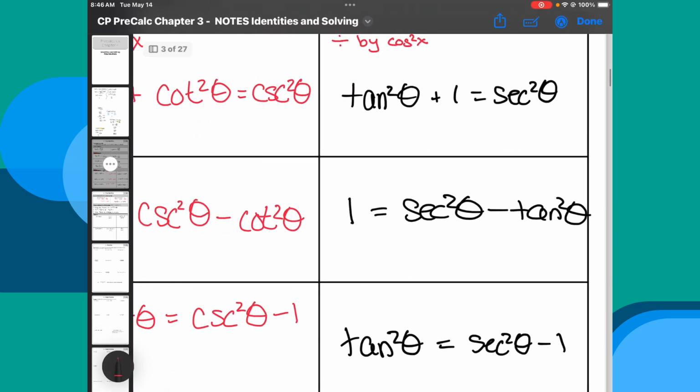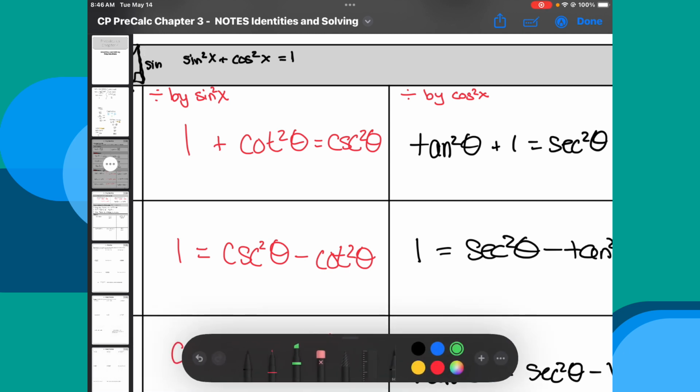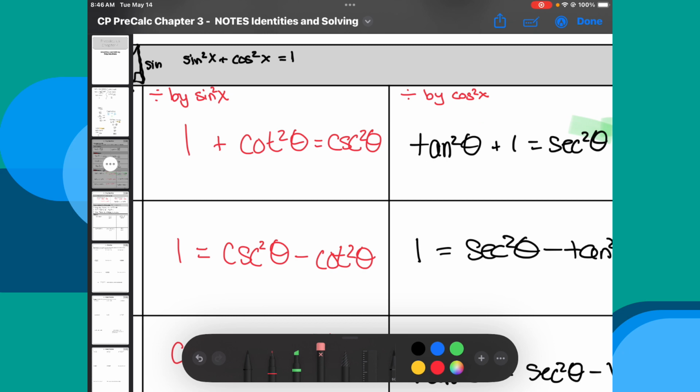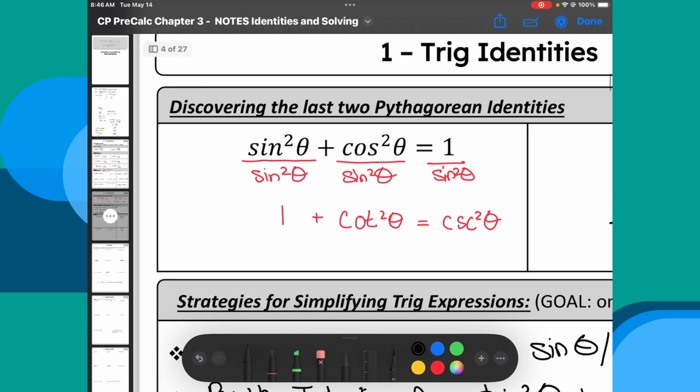And then just like the last 2 examples, we could subtract tan squared from both sides, get a second Pythagorean identity, and then come back and subtract 1 from both sides and get another Pythagorean identity. I'm going to show you the actual step-by-step for this Pythagorean identity and this Pythagorean identity on the back of this page. All right, so if you hop over to the back,